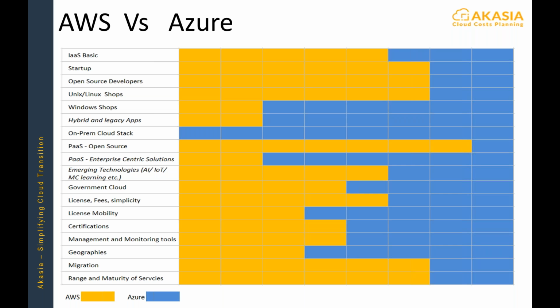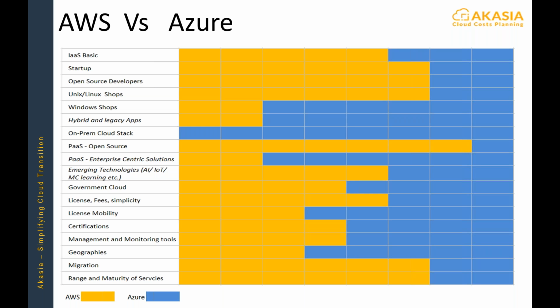Now let's take a look at emerging technologies. Everybody's talking about AI, deep learning, IoT, analytics, and so on. The majority of those technologies are built on open source technology. And as I said earlier, when it comes to open source technology, Amazon is leading the pack. In this particular area, actually, Google and Amazon are pretty much neck and neck, and Microsoft is behind the curve there. But that said, Microsoft has just hired 5,000 AI engineers to really focus on this area as well. So this is one area where we'll see a lot of battle happening between the big three in the coming years.